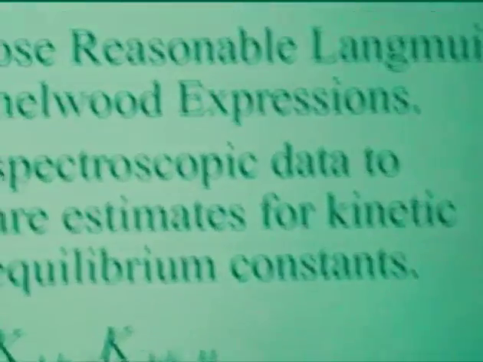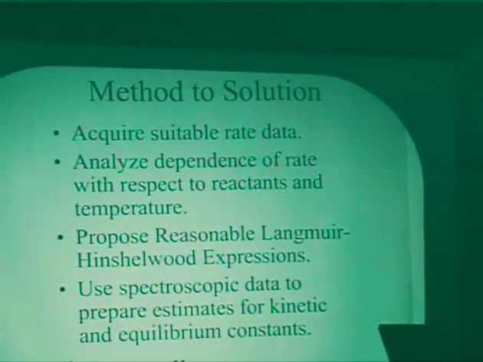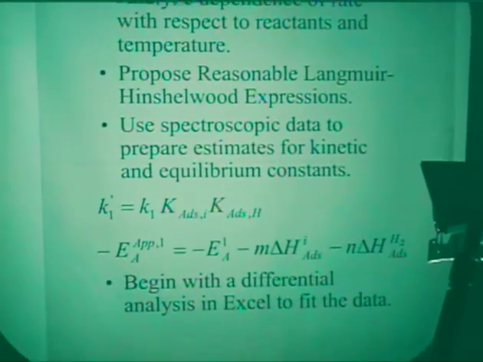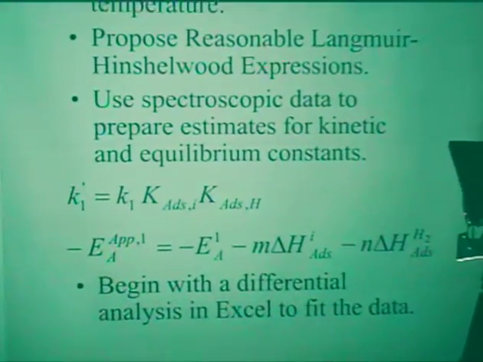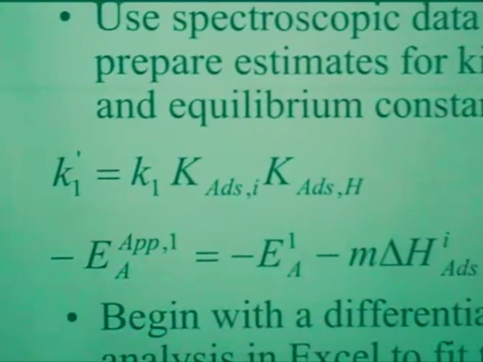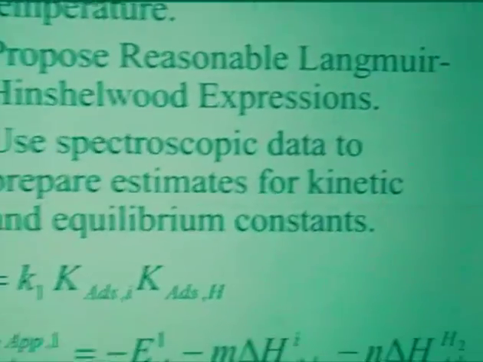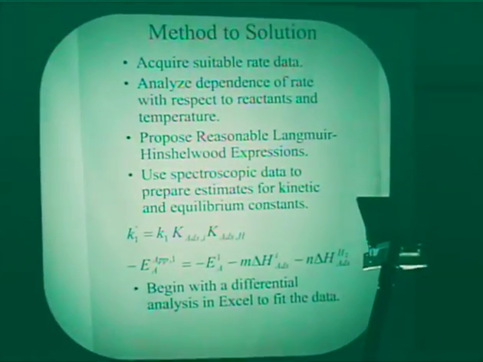So I want to talk a little bit about our method to solution, because the actual analysis was rather complicated, and I'd like to spend just a minute on it. But we get our rate data, and then we analyze it with respect to the dependence of the reactants and temperature. Then we propose some reasonable expressions, and then try to use any spectroscopic data to prepare estimates for the kinetic and equilibrium constants. Now, the reason we need to do that is because in the expression that I've shown previously,